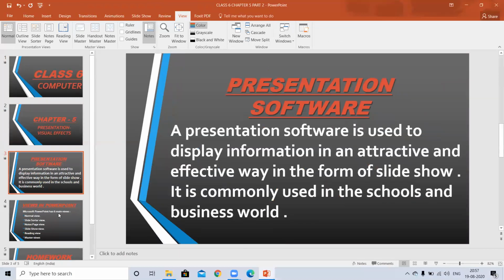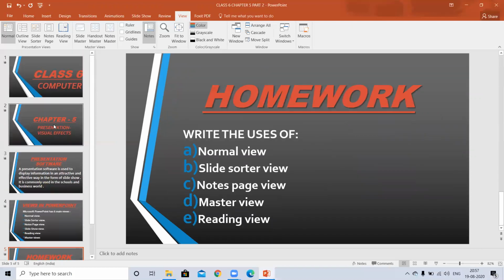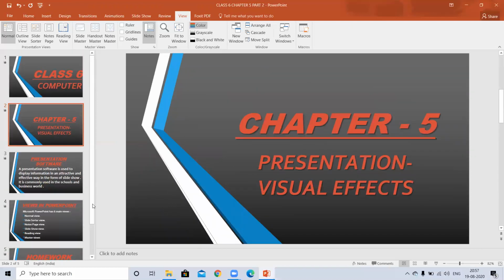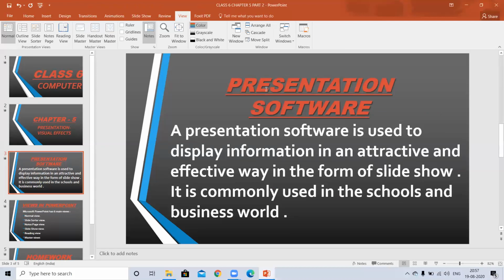Background color was also of a different color, but now it is changed, and at a time I changed everything. I used those changes only on that first slide, and it is applicable on my entire presentation. In this way you can see that in all the slides, it is now changed. All the titles are now in red color.